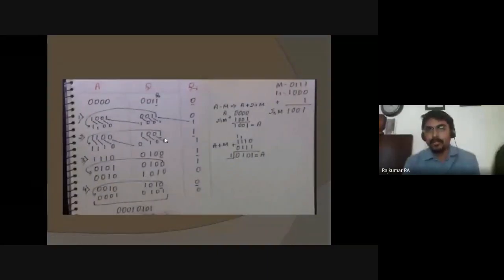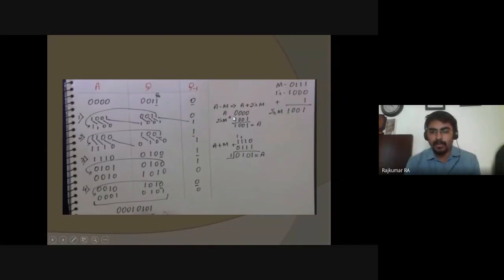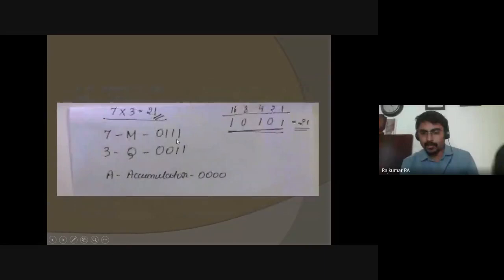So for that minus M, you can go either with the direct way of A minus M subtraction, otherwise you can use the complement of the M value, that is minus M, and convert it. The actual M value is 0111, that is the M value. Since we are doing A minus M, A we directly have, that is an unsigned value, that's not a problem, but for minus M we have to make it minus M.